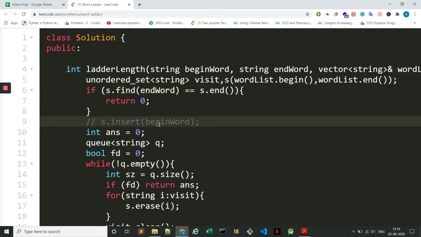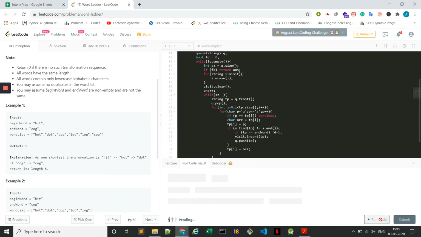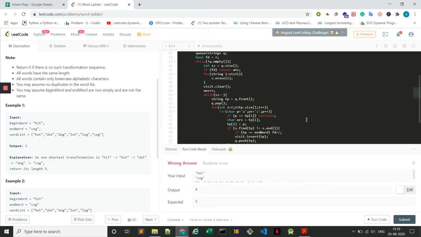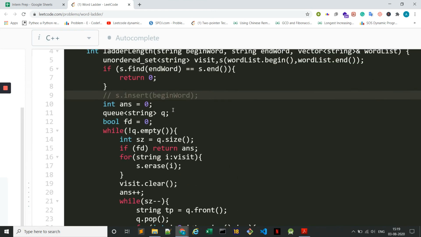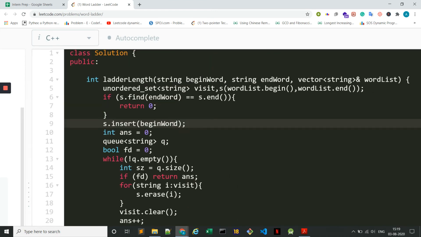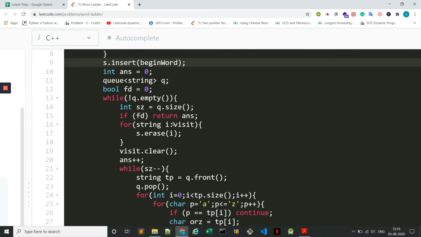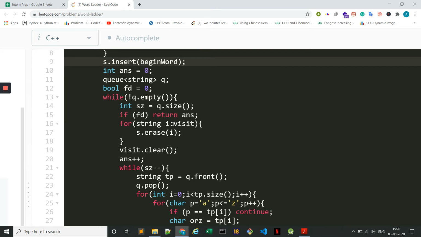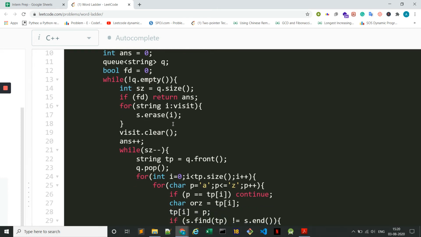This is not needed, but this is a redundant step. Why is it showing me the answer to be 0? This is because int size is initially 1.